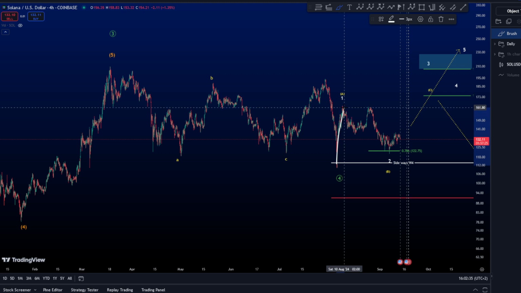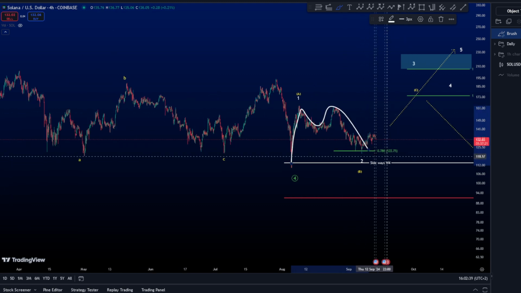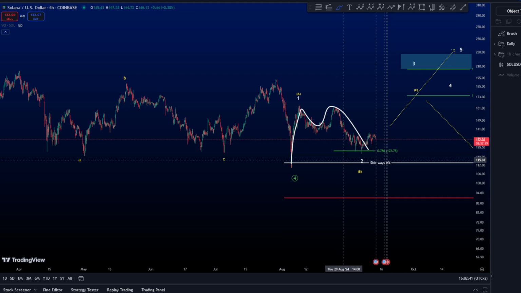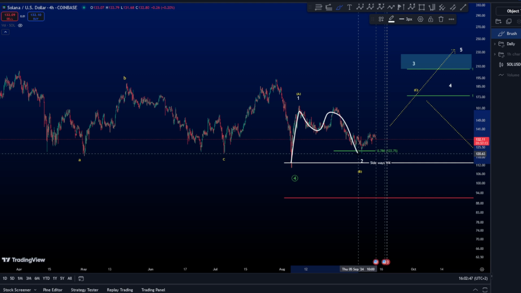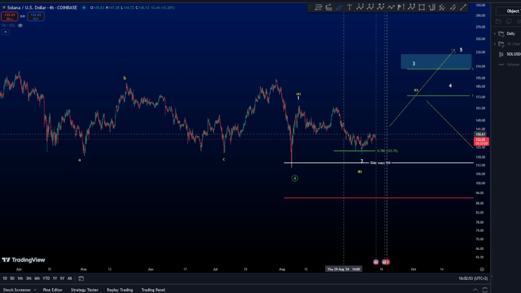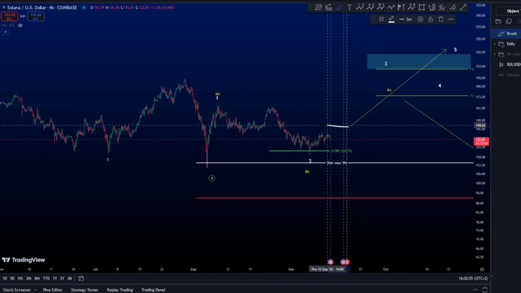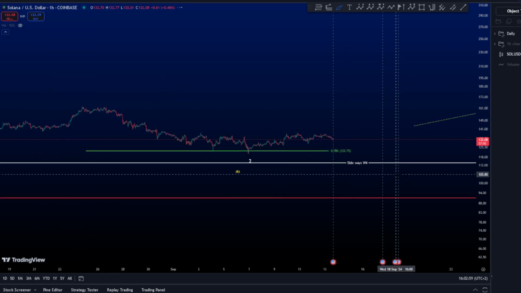However, if this is an impulse 1 and 2, then we are looking exactly for a hit target at 0.78, perfect for a wave 2 after having a 1 and a 2 towards the downside. Now what you would like to see, of course, is a formation of another 1, 2, 3, 4, 5 towards the upside. Therefore, we now need to zoom in on this area on the 1 hour chart to see exactly